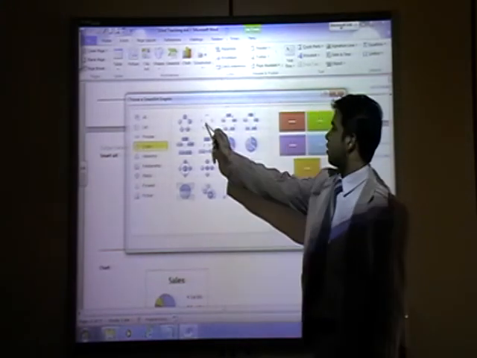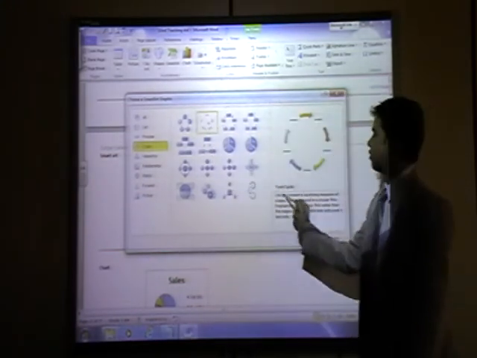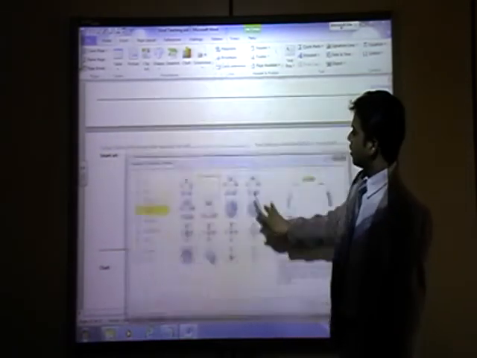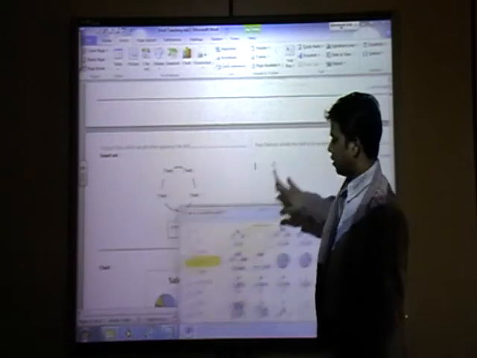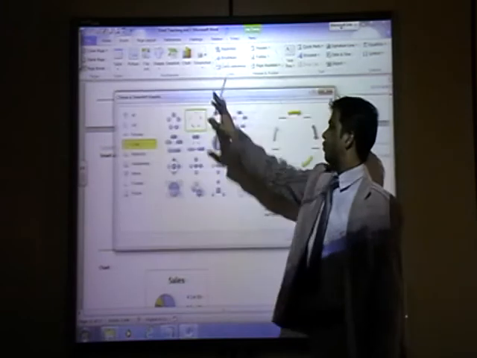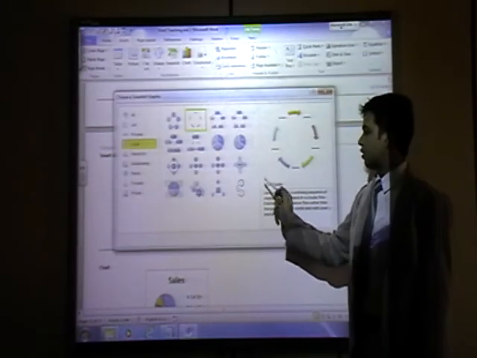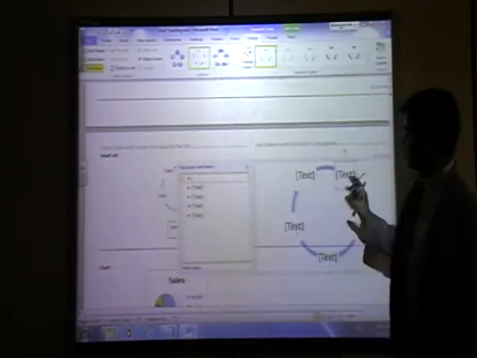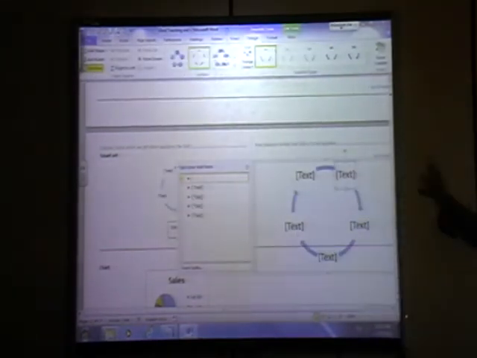Then choose here like this. If you move, you will see different names. So we want text cycle. Here you see this is text cycle, this picture. So click on OK.